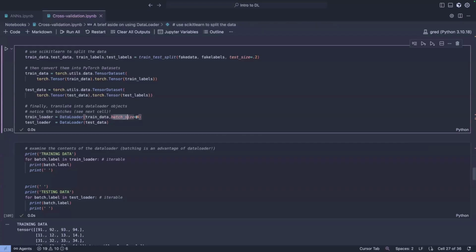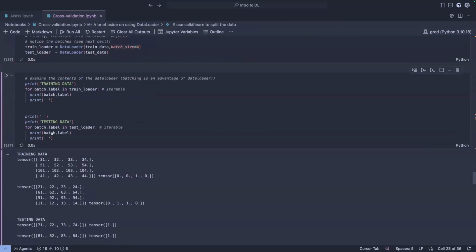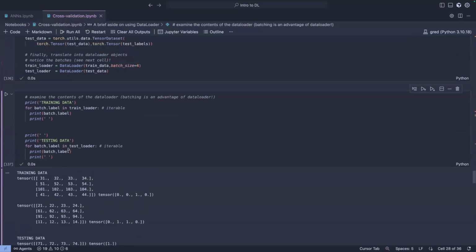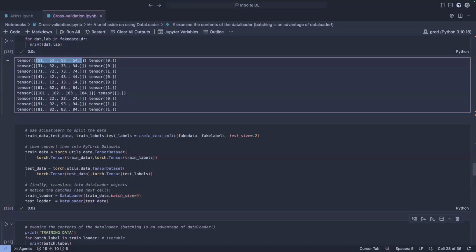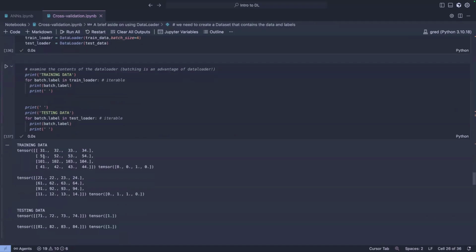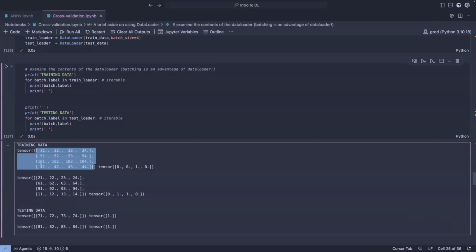Here, this is the bit that I wanted to show you. We're specifying the batch size equals 4, meaning that we're going to create batches and each batch is going to have 4 training examples. So when we go and print this, you see how this now looks different. Remember when we printed this previously, you had a single training data example and its label. In here, we have a tensor that has 4 examples, including the 4 rows of the data, plus their 4 labels. So this now becomes a batch. Okay?